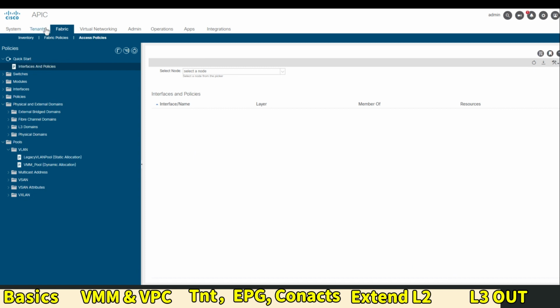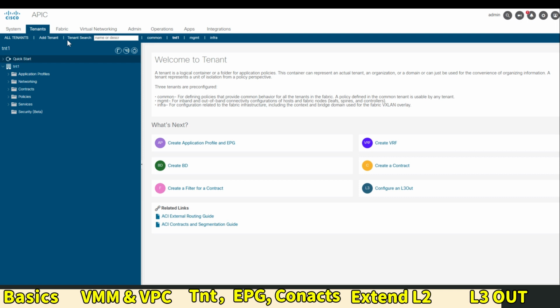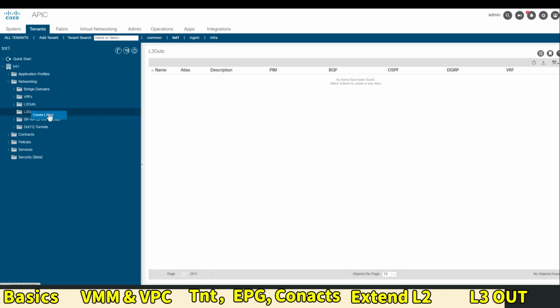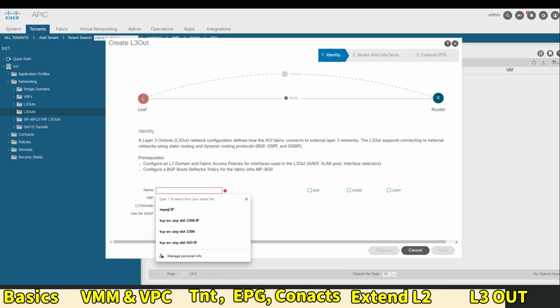Now we should create the L3 out using the L3 out wizard. I make the necessary basic configuration for L3 out components. I'll make identity, node, interface, protocol, and external EPG. So go to tenant. I will go to networking, L3 out. We're gonna make L3 out. We're using OSPF, by the way. OSPF, VRF,